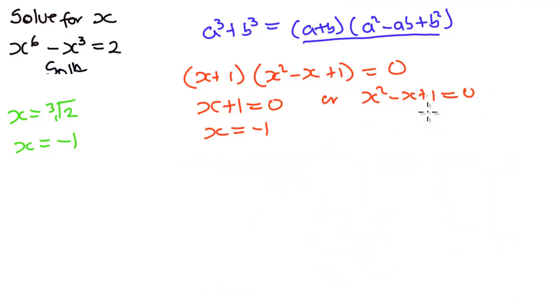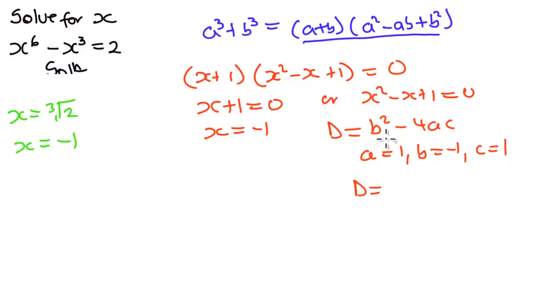Now in this video, we are only going to consider real roots, leaving imaginary or complex numbers aside. And so to be able to see if this quadratic equation has a real solution, we are going to use the discriminant. And the discriminant, let's say D, is given by b squared minus 4ac. Now when we compare this with the general quadratic equation, a is equal to 1, and then b is equal to -1, c is equal to 1. So we are going to have D to be equal to